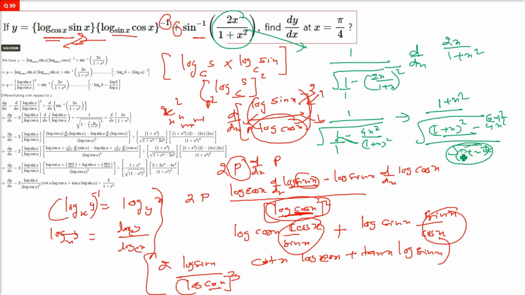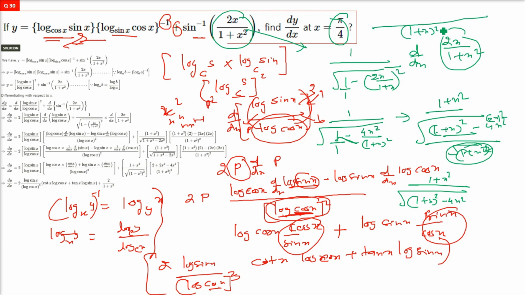This is a simple thing, 1 plus x, and this is not yet solved because we just have to do 2x by 1 plus x square also. This we are going to do. So I'll just do this one and then I'll write the answer. So 1 plus x square divided by under root 1 plus x square minus 4x square. This is clear. Now differentiation of this is going to be 1 plus x square whole square in the denominator,